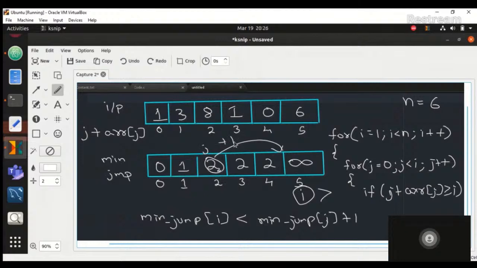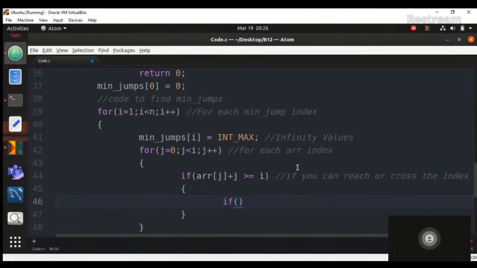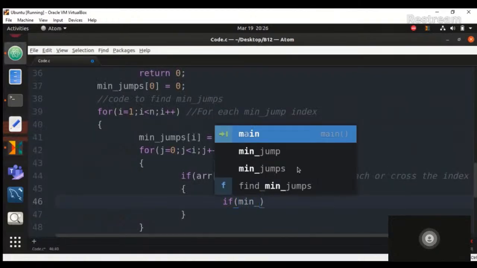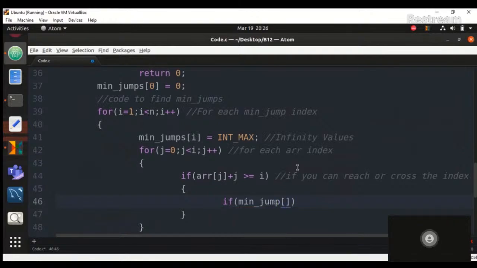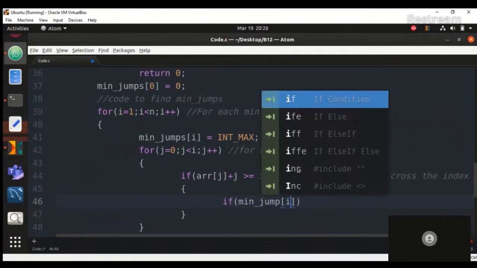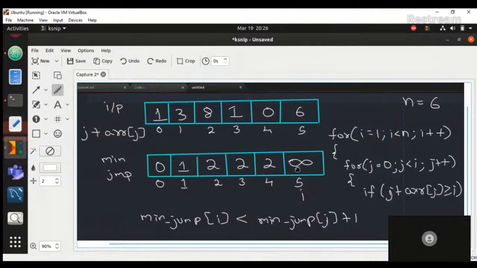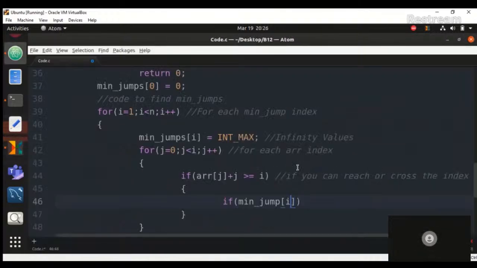Minimum jump of j is 2, 2 plus 1 is 3. 3 is lesser than infinity, so I can replace it with 3 now. That's the idea. So what we're going to do here is, if minimum jump of I, please observe, minimum jump of I, or you can also start with minimum jump of j plus 1